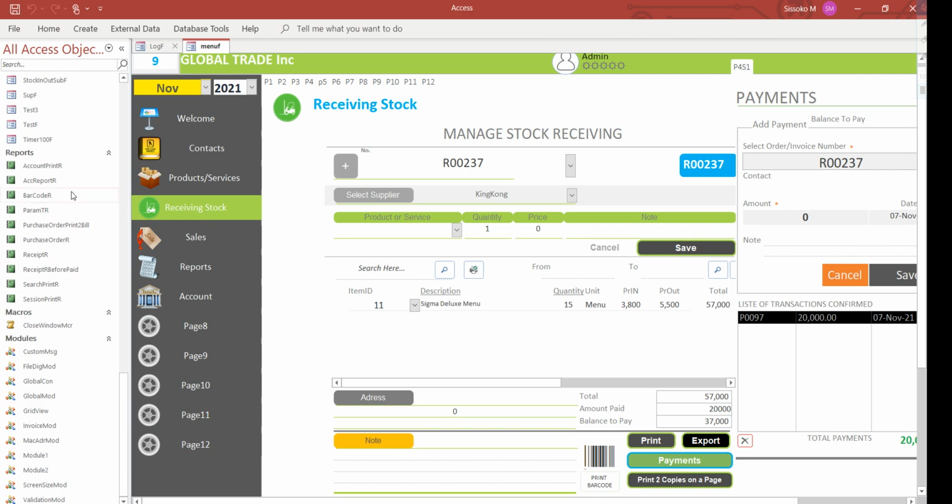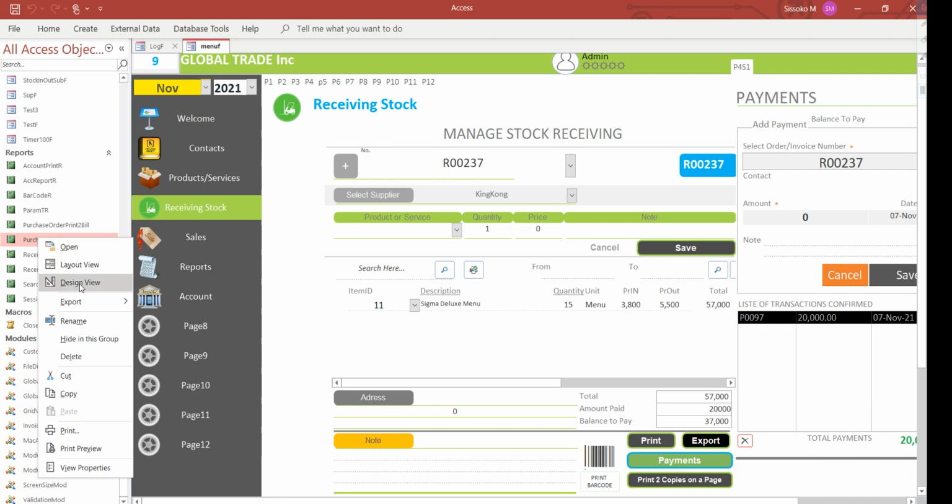Yeah, you see here, receipt, this one, receipt print, receipt L. Sorry, this is a purchase order. We are on the purchase order. So if you go to the design view,